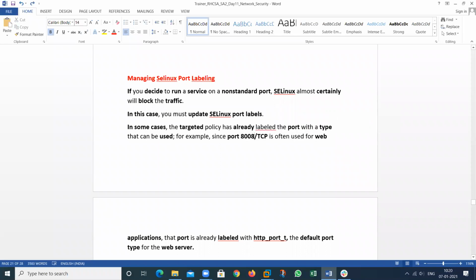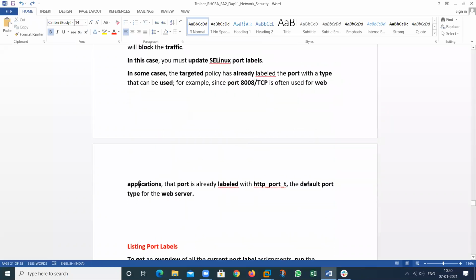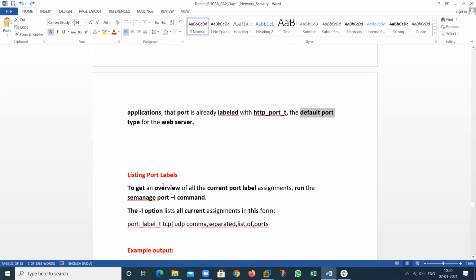So by default, some ports are allowed, but some ports are not allowed. For the web application, the port is already labeled, meaning it is by default allowed in SELinux, for the HTTP service in the default mode. So 80 is allowed, 8080 is allowed. Some ports are allowed by default in SELinux.